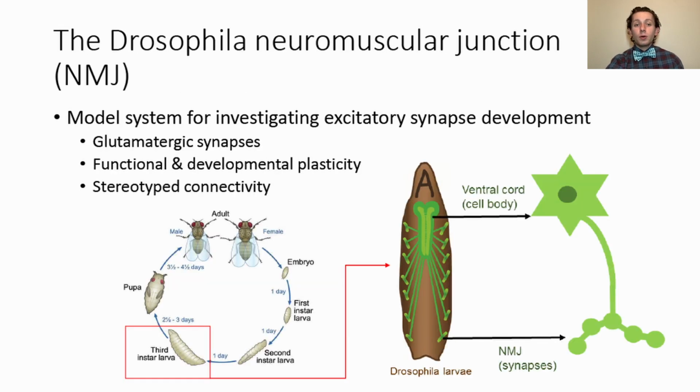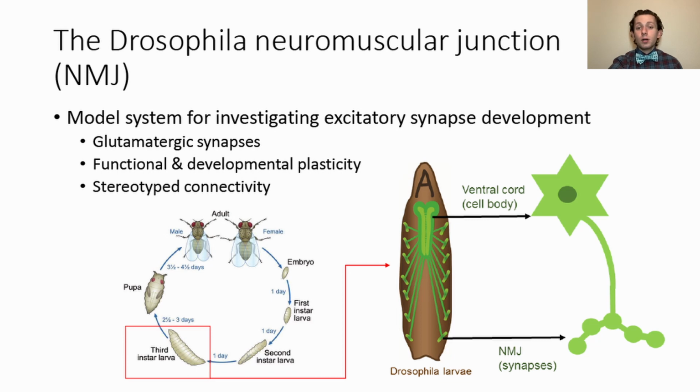One way in which we can go about investigating synaptic development and the mechanisms that underlie it is through the use of model organisms like Drosophila melanogaster, the common fruit fly. The Drosophila neuromuscular junction, or NMJ, is an excellent model system for investigating excitatory synapse development, as it exhibits glutamatergic synapses, functional and developmental plasticity, and stereotyped connectivity, with each motor neuron in the neuromuscular system innervating a genetically predetermined muscle cell. My research has focused on the neuromuscular junctions of third instar larvae, pictured in the red box on